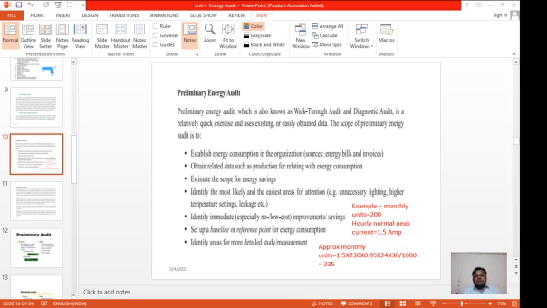So that is how we can conduct instant energy audit and have some idea, not a perfect idea, but at least a rough idea whether the consumption is in line or otherwise. If there is a vast difference, then you can go for a detailed energy audit and check it thoroughly. These are the works involved in conducting preliminary energy audit or walkthrough energy audit.